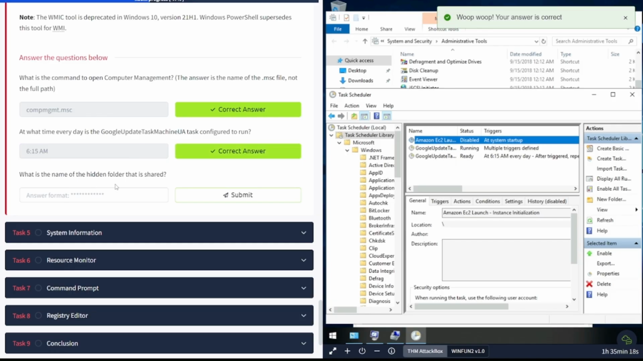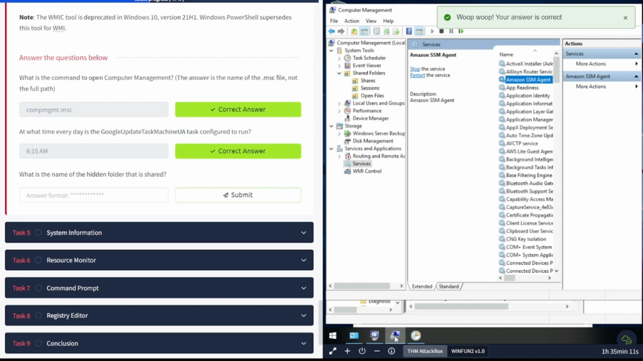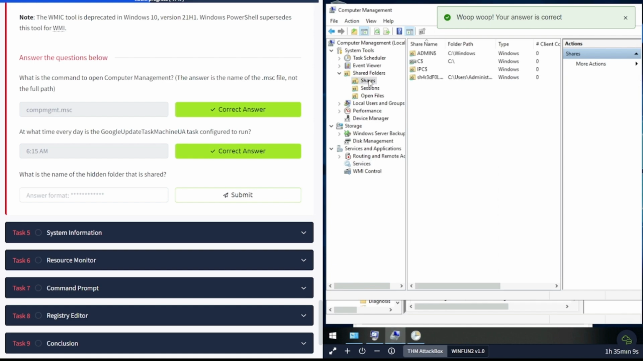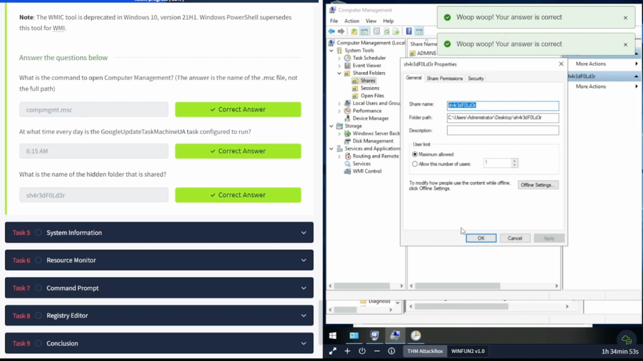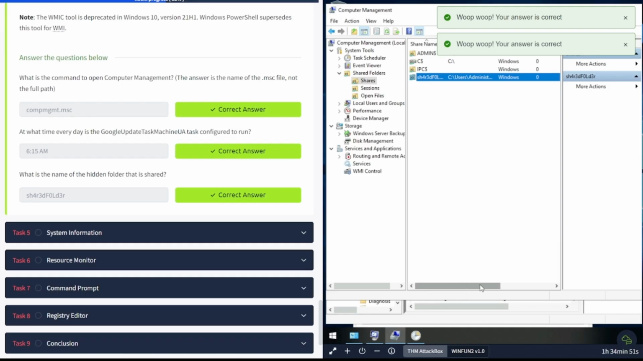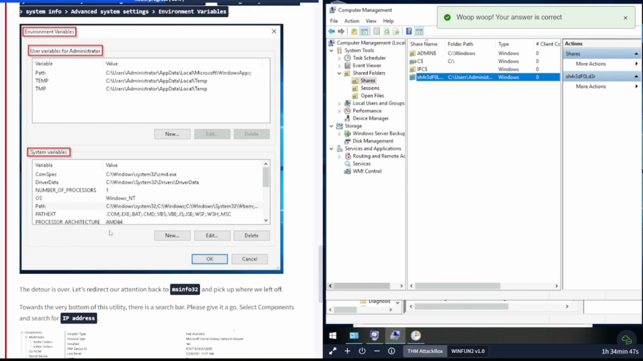All right, what is the name of the hidden folder that is shared? So let's go back to find those folders. Okay, it should be this one here, it looks like. Yep. So let's go ahead and look at properties and just copy and paste this over. All right, so let's go ahead and cancel out of this. And let's continue on to task number 5,